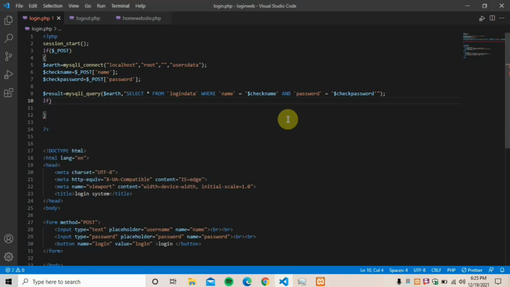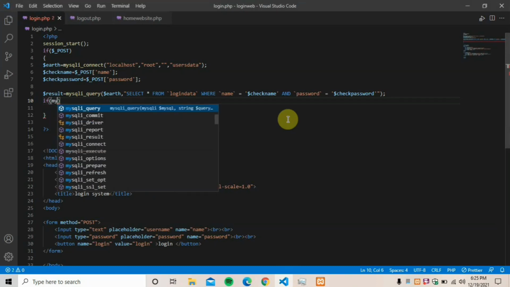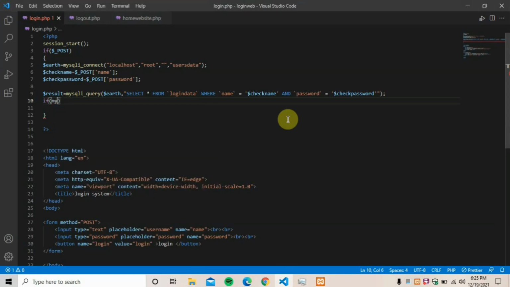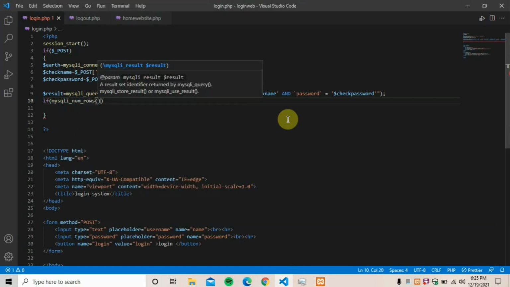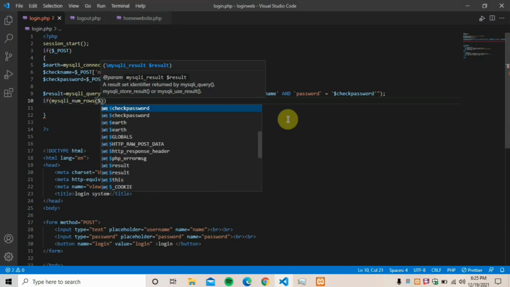Now for this if condition, we have to check the number of rows. Basically the $result will output some number. For example, if there are 2 rows with the same name and same password, then it will give the output of 2. For this, if mysqli num is greater than or equal to 1,